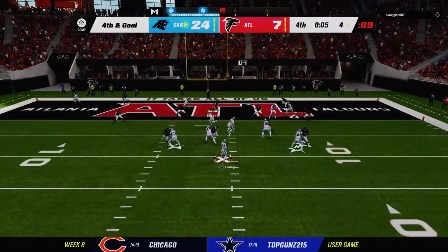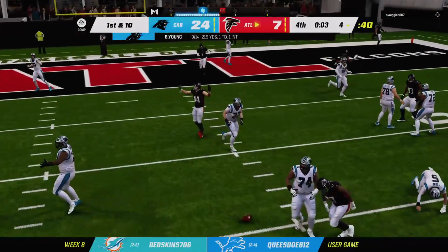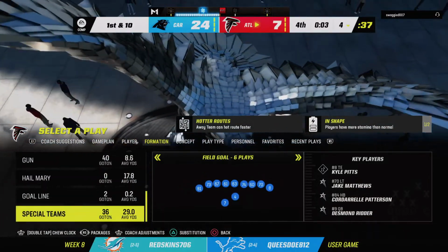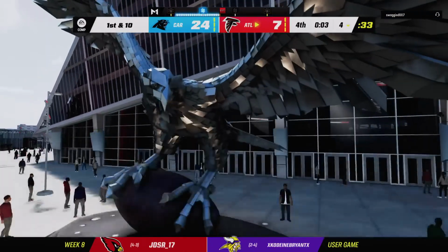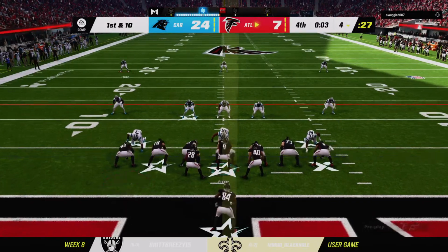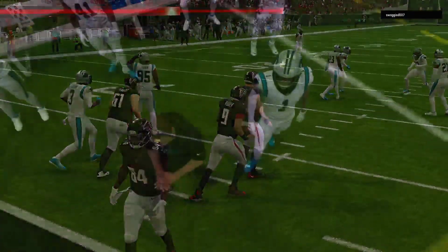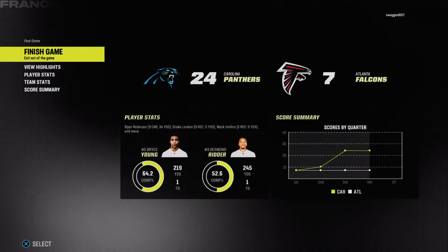Young to throw on fourth. And it's incomplete. They cannot convert, and they turn it over. They can't hook up on fourth and goal from the 4. And the Falcons able to muster together a goal line stand. And they will take a knee here. So this one is over. A victory for Carolina. Well, on one side of this, Charles,